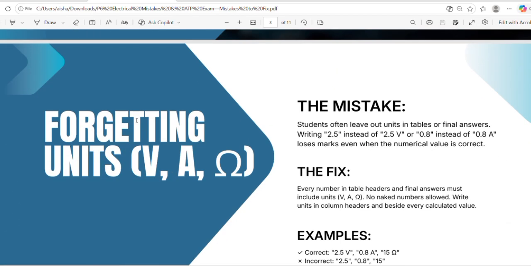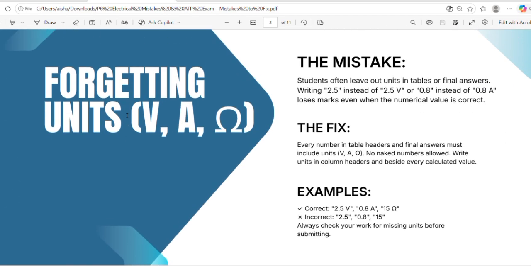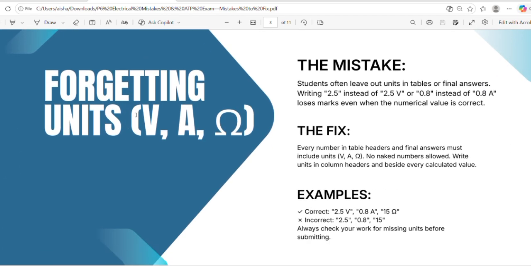So the first mistake, in category 1 for normal electrical circuits, is forgetting units, such as for voltage, which is just a V, then for current, ampere, and then for resistance, ohms. So this is usually the mistake. Students often leave out units in tables or final answers. They write 2.5 instead of 2.5 volts or 0.8 instead of 0.8 amperes, which loses the marks even when the